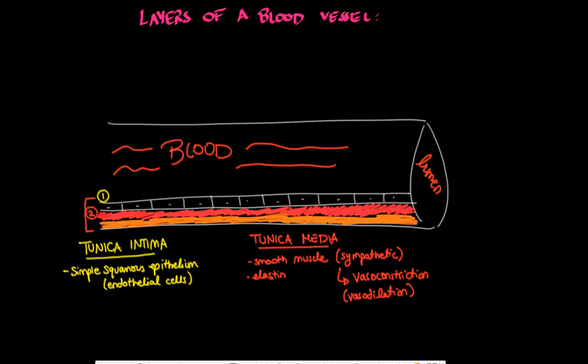As for our third layer, so this is the most superficial layer of blood vessels, we refer to this as the tunica externa. And so the tunica externa, also known as the adventitia, so this is made up of collagen fibers, very important for anchorage and reinforcement,